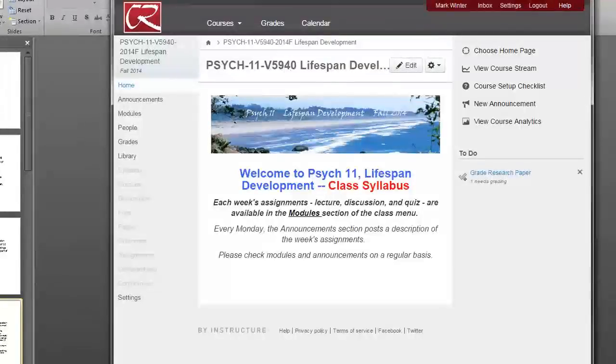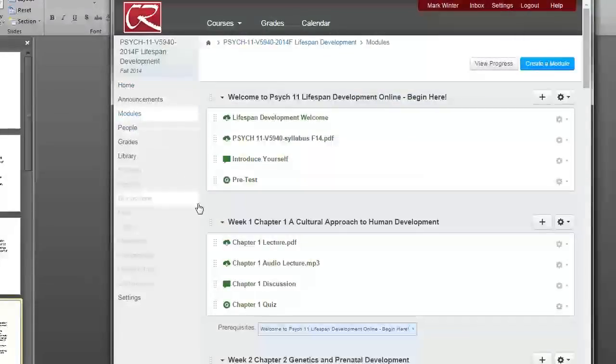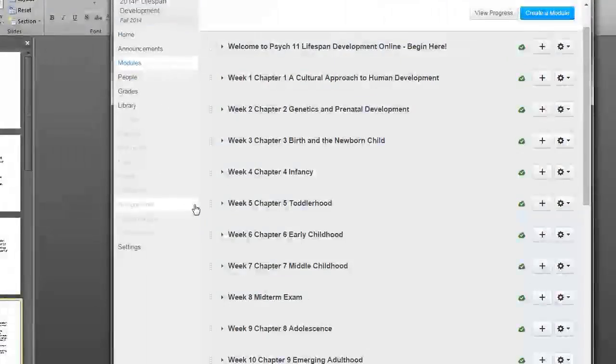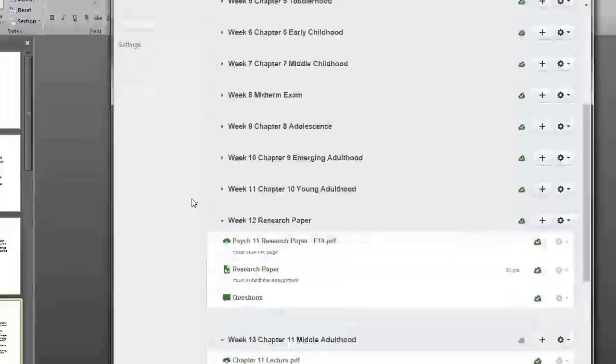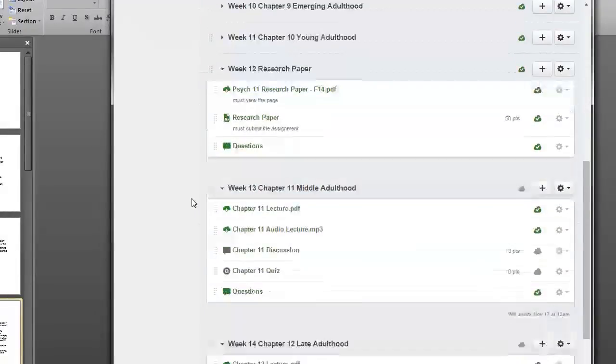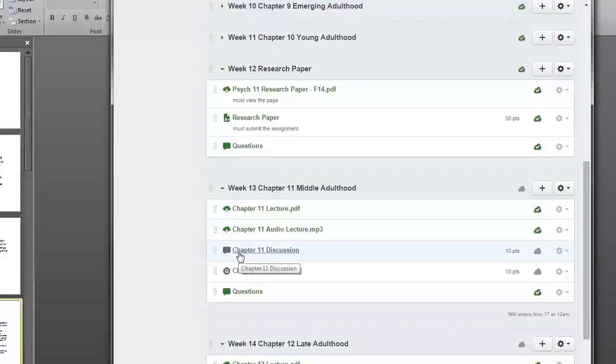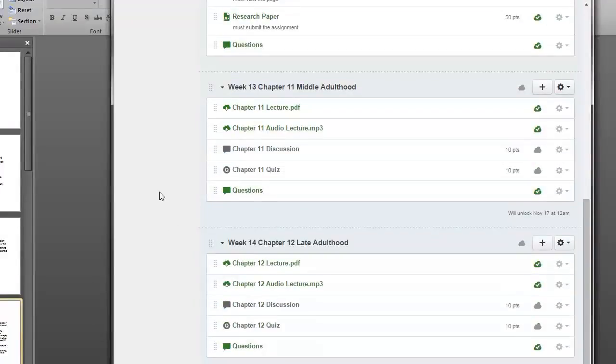So this is my current class in Canvas, and on the left you'll see the menu, and if you pick modules, you'll find that for every chapter, and we'll come down to where we are today, chapter 12, chapter 13. With every module chapter, there is a discussion forum. And so I have the discussion for week 13, a discussion for week 14, and my discussion forum essentially looks